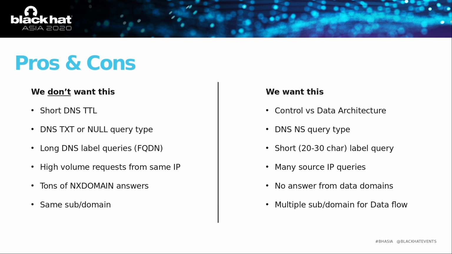We don't want a long FQDN. It's 250 characters that you can fit in the FQDN, split by labels, where each label is 63 octets, which is basically characters, right? So we don't want that too long. We also don't want a massive amount of queries from the same IP address. That looks suspicious as well in the analytics. And a massive amount of NXDOMAINs, which is basically when you try to resolve something and the DNS replies, "Now that doesn't exist," right? Which is slightly different than a timeout, right?